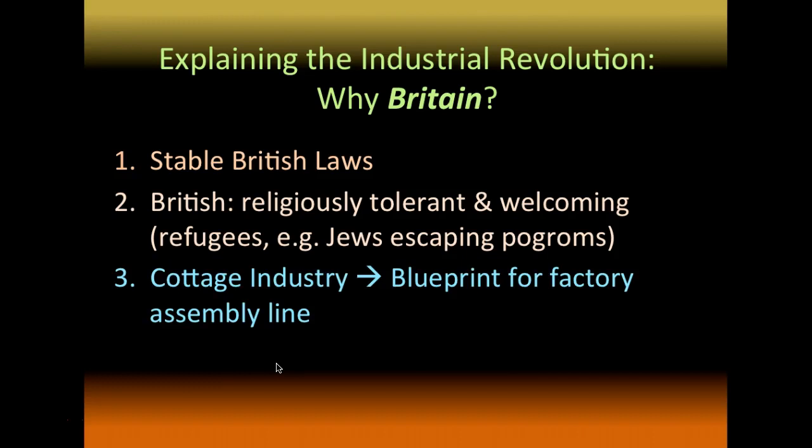The cottage industry. Britain has what is called the cottage industry, and basically it's sort of like a blueprint for a factory assembly line. We don't really have a full assembly line until Ford creates one in the early 1900s for his cars. But the cottage industry is basically a bunch of cottages, a bunch of houses with families, and each family has their farm and they grow whatever it is that they grow. And then at night they're all sitting around a candle perhaps, and they have nothing to do, but this allows them to produce part of something.